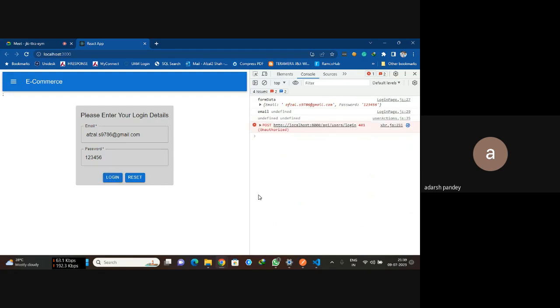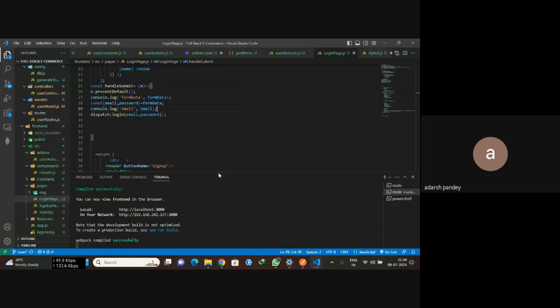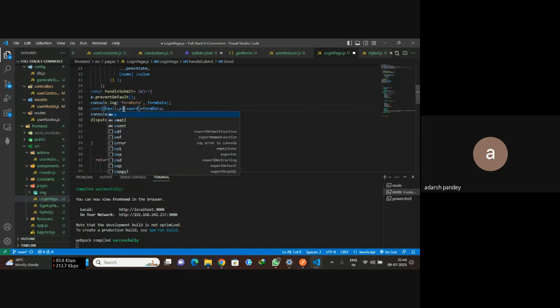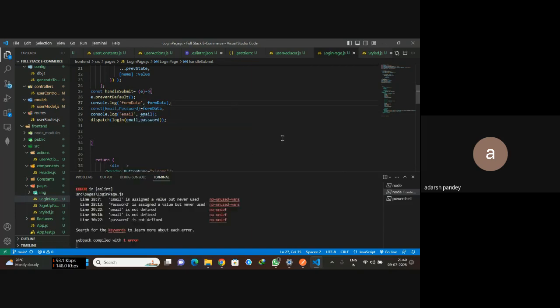ईमेल अनडिफाइंड आ रहा है। अरे देखो भाई क्या किए हुए हो, ईमेल का ई कैपिटल है, पासवर्ड का पी कैपिटल है, तुम यहाँ पे रिसीव कर रहे होगे ई स्मॉल और पी स्मॉल, तो ई का ई कैपिटल टाइप कर दो लाइन नंबर 28 पे। जो तुम ईमेल निकाल रहे हो ना, ईमेल की बड़े वाले ई से स्टार्ट हो रही है। यहाँ से पासवर्ड का पी कैपिटल करो, सेव करो, लॉगिन की पे ऐड करो।